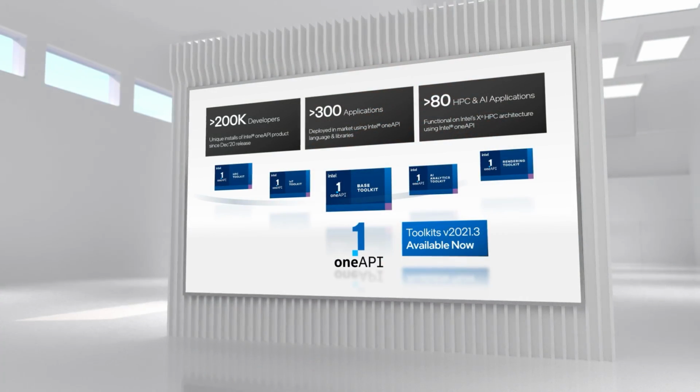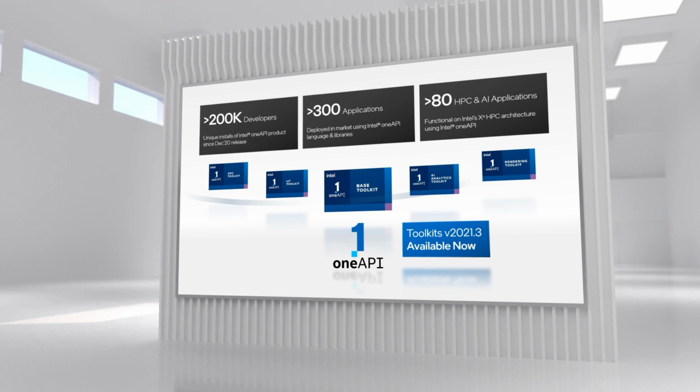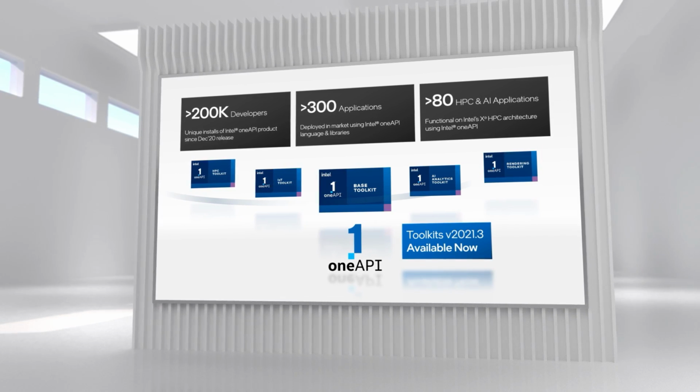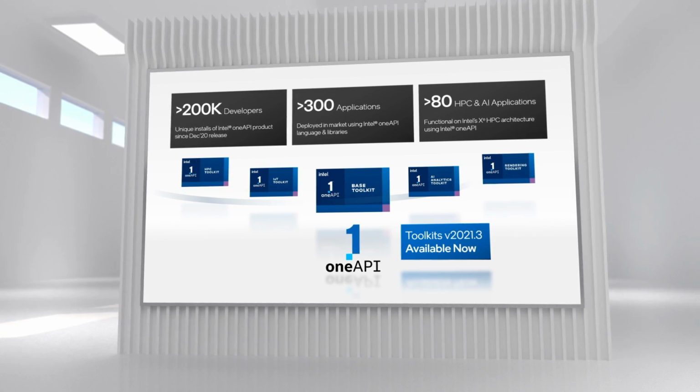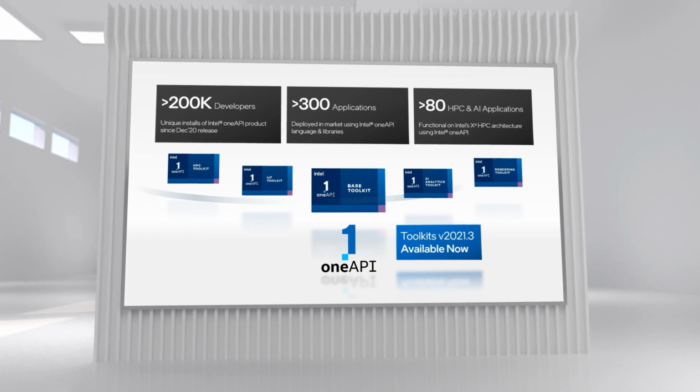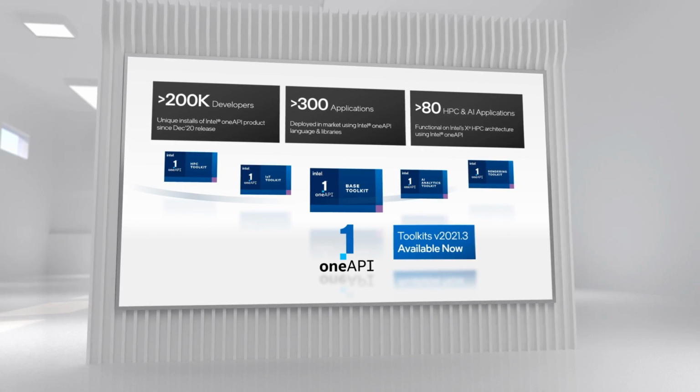Beyond the industry spec, Intel released the first commercial implementation of the full oneAPI stack. Our oneAPI product offering includes the foundational base toolkit, which adds compilers, analyzers, debuggers, and porting tools beyond the spec language and libraries. Over 200,000 developers have installed Intel's oneAPI product since our first production release in December 2020. And that was before they had access to XeHPC. We anticipate an exponential growth in developer base when we enable access to this architecture.